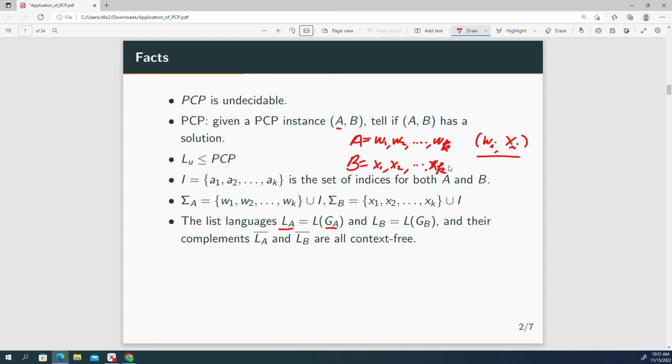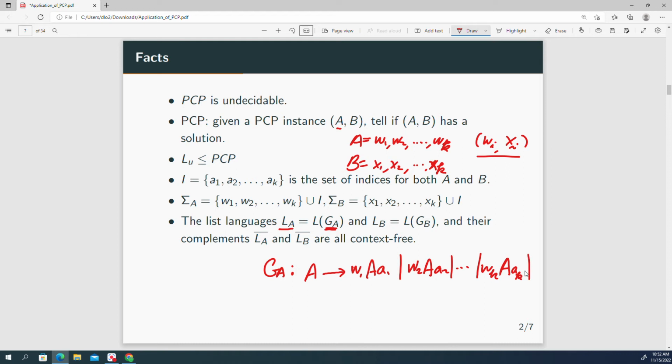And the grammar GA is defined as starting with the only variable A, which produces W1 A1, or W2 A2, all the way to WK AK,